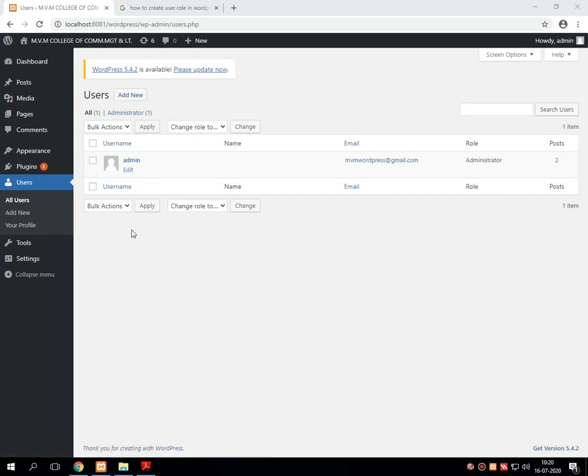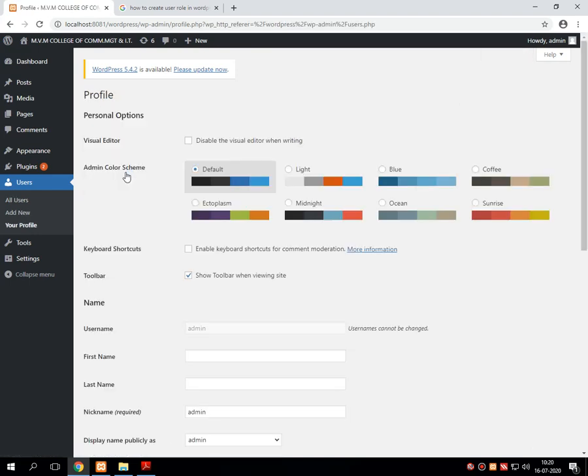Say for example, first we will edit the information of the user that we have created by simply clicking on this edit button. It explores all the functionalities of edit user, where it contains several sections like profile.